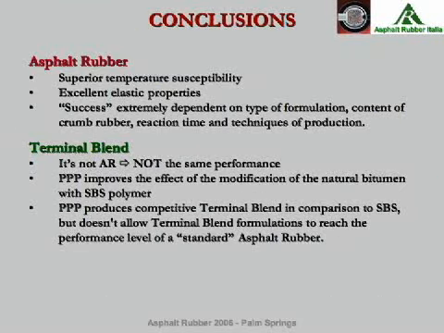So the conclusions: asphalt rubber has superior temperature susceptibility, superior performance in temperature susceptibility. It presents excellent elastic properties, measured here in this study by resilience. We know that success is extremely dependent on the type of formulation, wet or dry method, the content of crumb rubber, reaction time, and techniques of production, and this is something that we have to be aware of when we use asphalt rubber. To what concerns terminal blends,